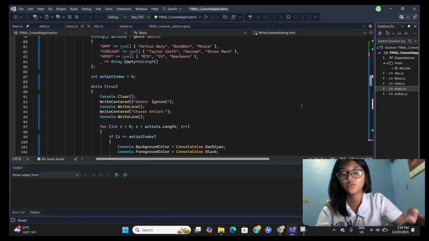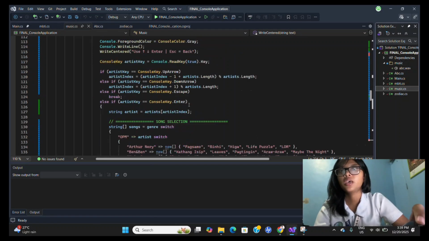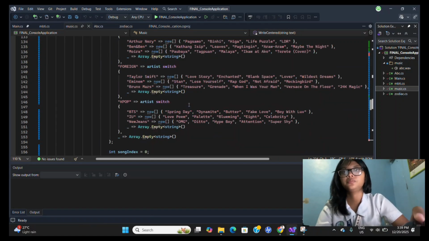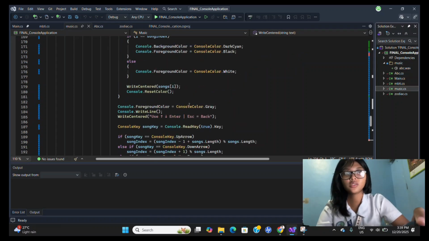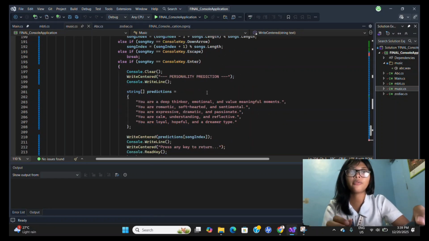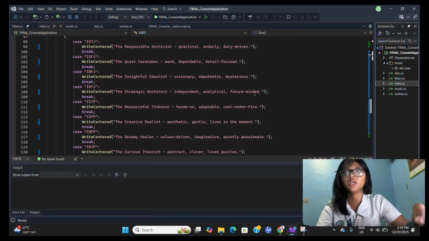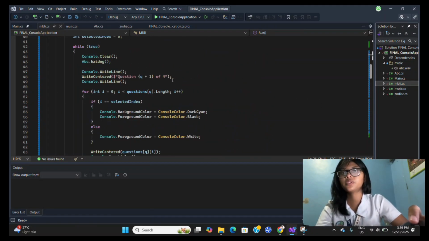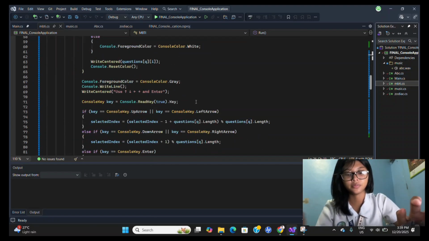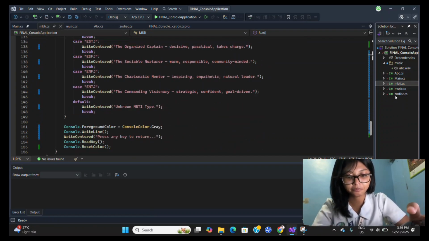As we can see here, we have a nested menu which allows us to select our favorite genre, favorite artists, and favorite songs, which results in a prediction of personality. The same goes for every feature. As you can see, there's the up arrow, down arrow, the nested loops, and here are the predicted results.